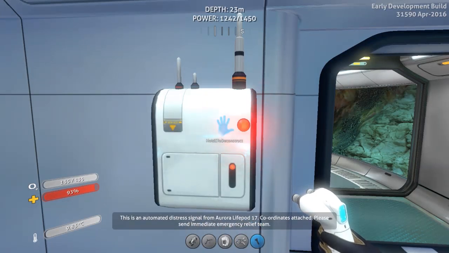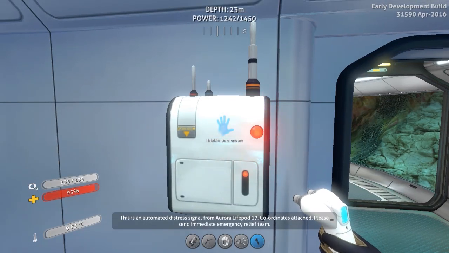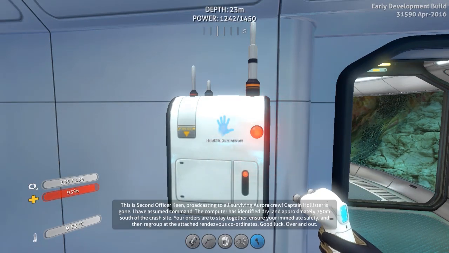This is an automated distress signal from Aurora Lifebot 17. Coordinates attached. Playing message. Immediate emergency relief team. Second Officer Keen broadcasting to all. Captain Hollister, I've assumed command. This computer has identified dry land approximately 750...